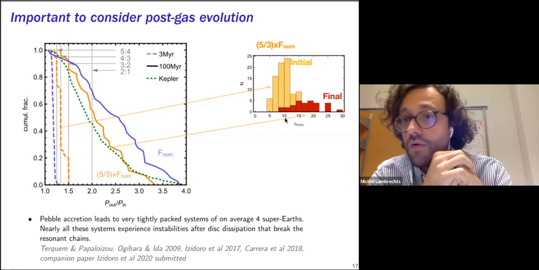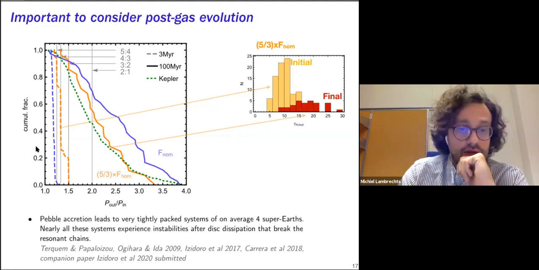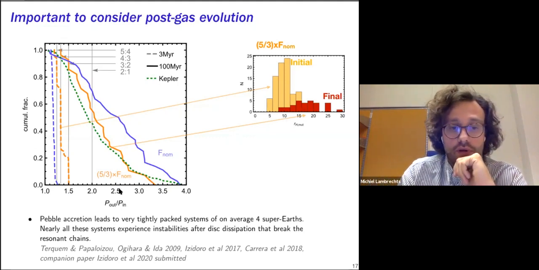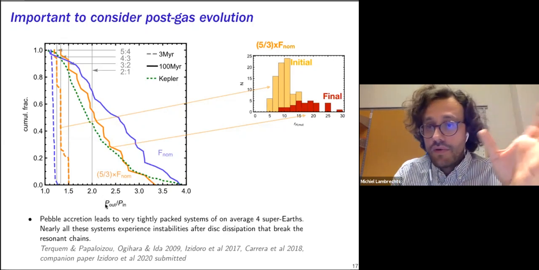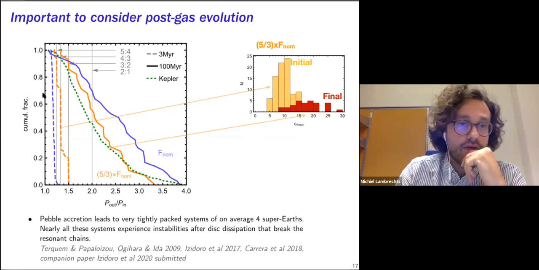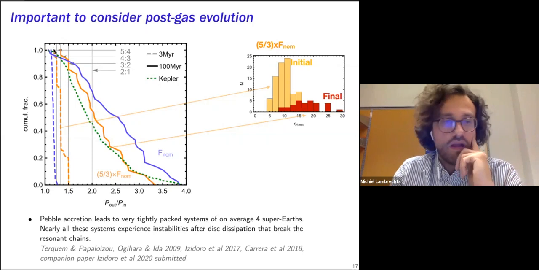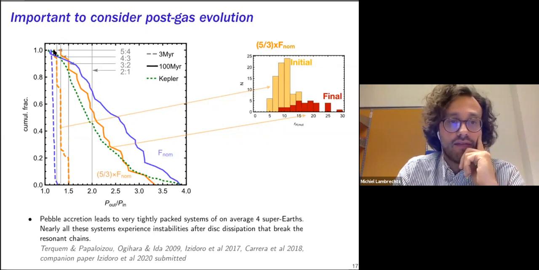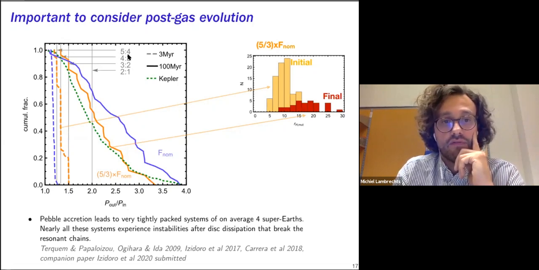In fact, they're all also resonant, and that you can see here. So here we plot for each pair the outer and the inner periods. And you can see, for example, focusing here on the orange line, the cumulative mass fraction of planets that have these period ratios. And you see that many of these systems are in 5:4, 4:3, 3:2